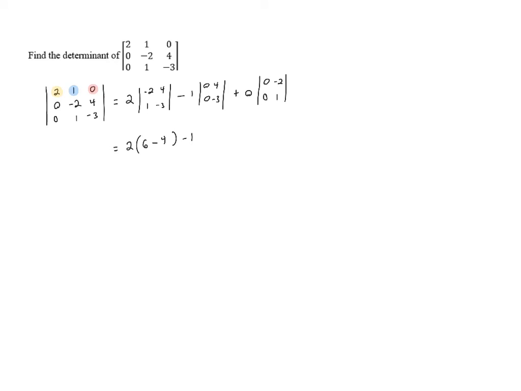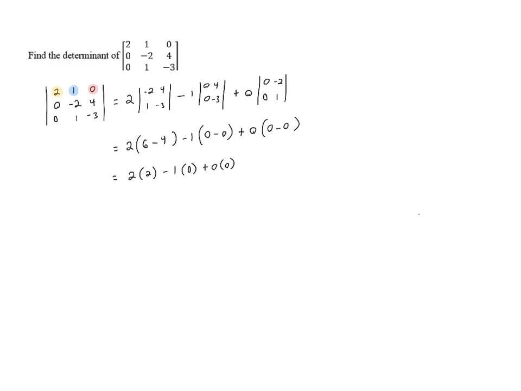And then we've got -1 times this determinant. 0 times -3 is 0, minus 0 times 4 is also 0, and then plus 0 times, it doesn't really matter what this determinant is, but both of the products have zeros in them, so it's still going to be 0 minus 0. So if we look at each of these, we've got 2 times 2 minus 1 times 0